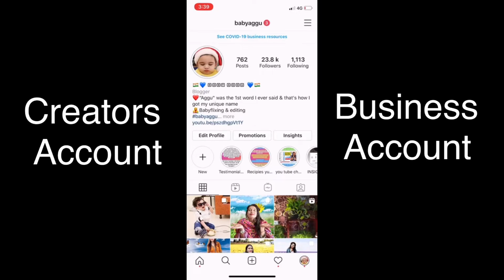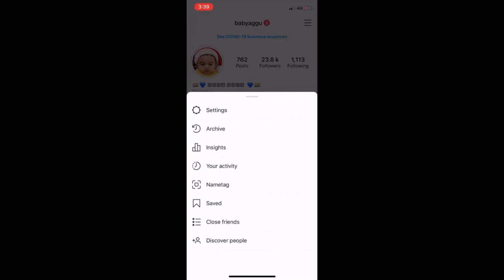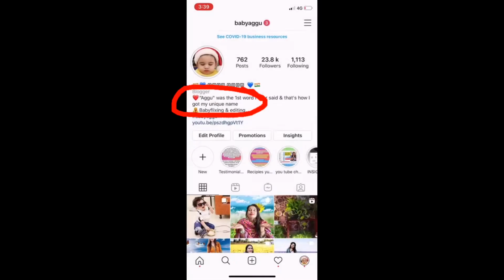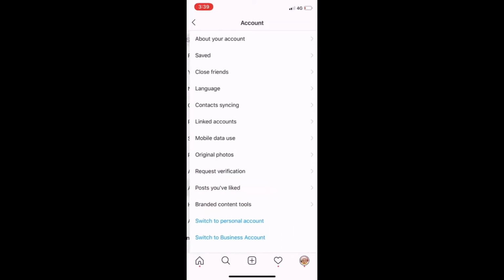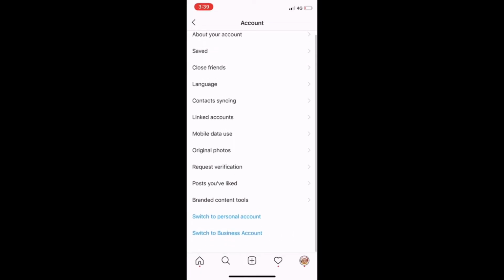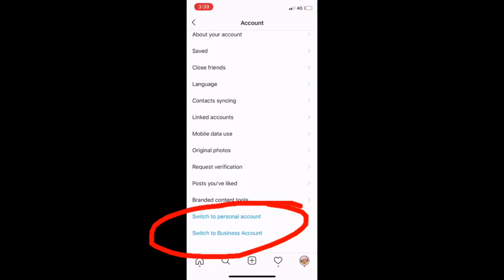For that, you go to the top three lines, then settings, then accounts, and scroll down. You can see here switch to personal account and switch to business account, because right now my account is a creators account, so I'm getting these two options.